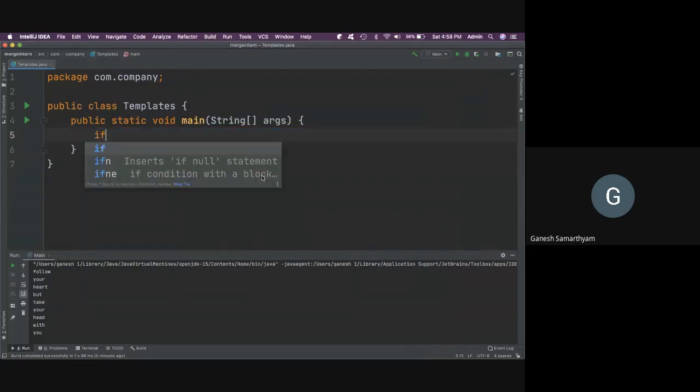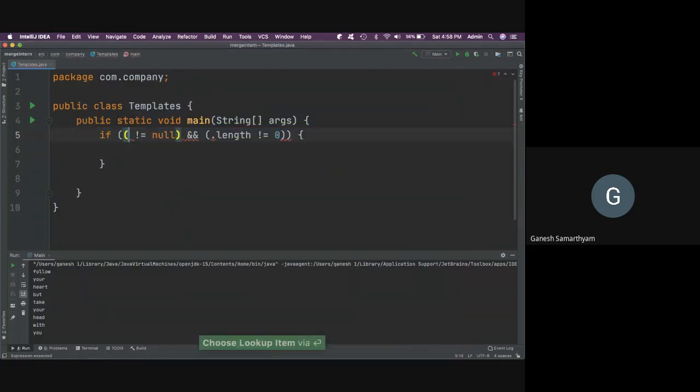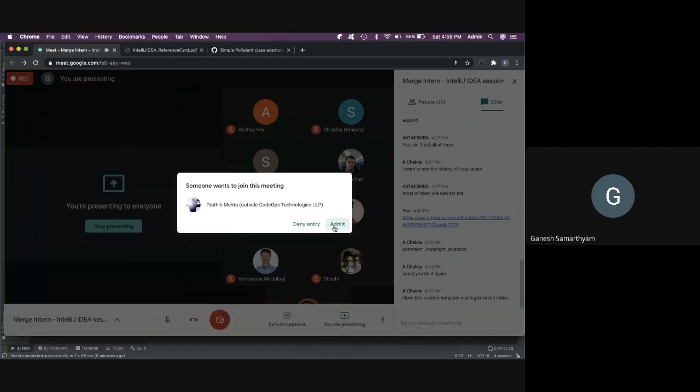Now let's come here. If null and empty, I can say args and args dot length. I enter here and my control comes here properly, right? I find this ability to create templates to be extremely powerful because many of the repetitive tasks in our programming, like for example, logging statements or calling framework code, become repetitive and we keep typing them again and again, right? So if you create templates for them, then we will be able to do those repetitive tasks much faster.